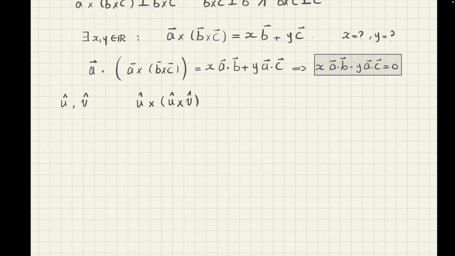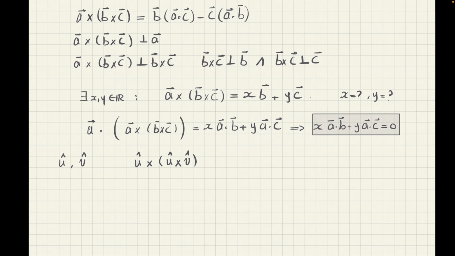So you see I have more or less the same combination as the BAC-CAB rule. I have two cross products, but the vectors are unit vectors, and the other point is that one vector is repeated. And I want to show that this is indeed equal and it follows the same BAC-CAB rule. So I want to show that this becomes this